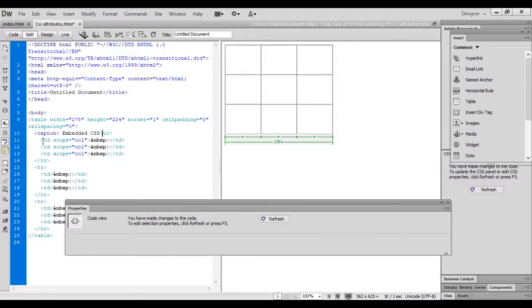So close it, and here write the exact name, caption, and then close this tag.